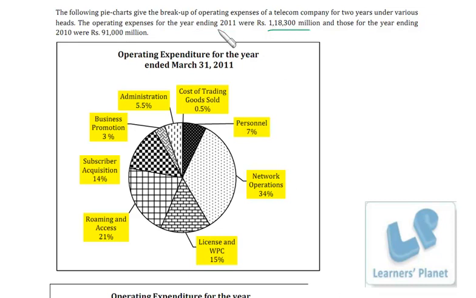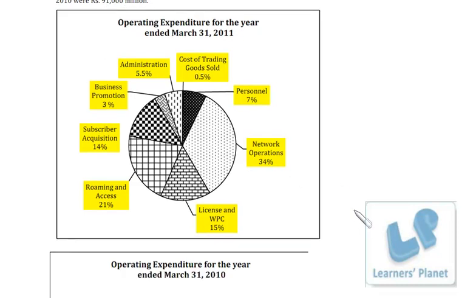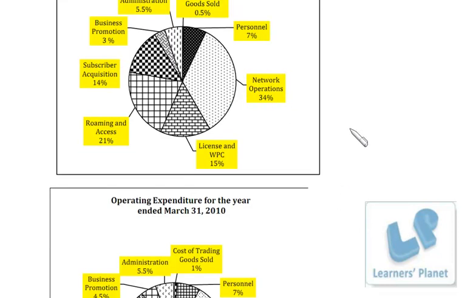The difference between 1183 and 910, which we have already calculated, is 273. For 1%, that is 34% and 35%, the difference will be just 118, or around 100 only, right? So this data, that is 34% of 1183, will be bigger than 35% of 910, right? So in case of network operations, the absolute expenditures are not getting down, right?